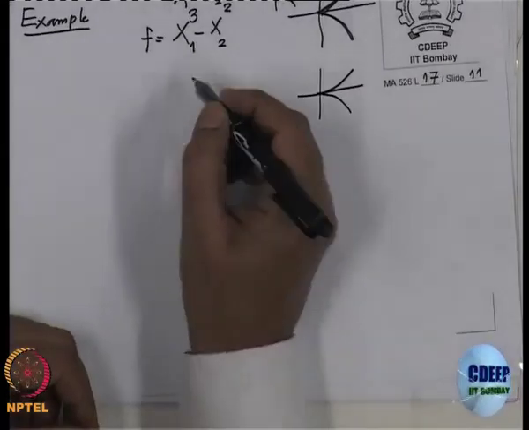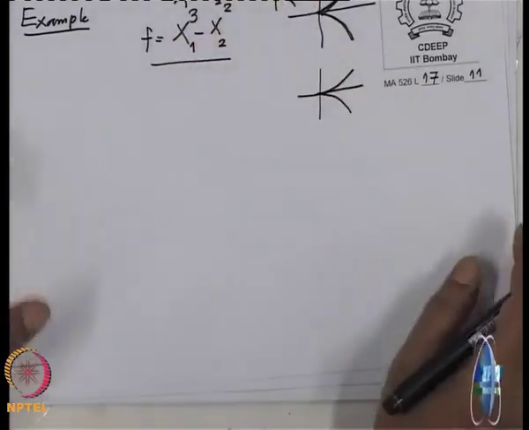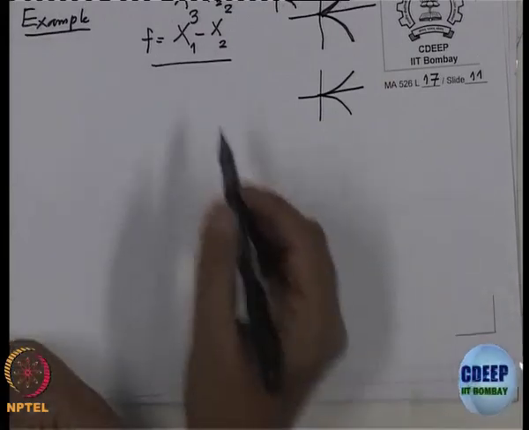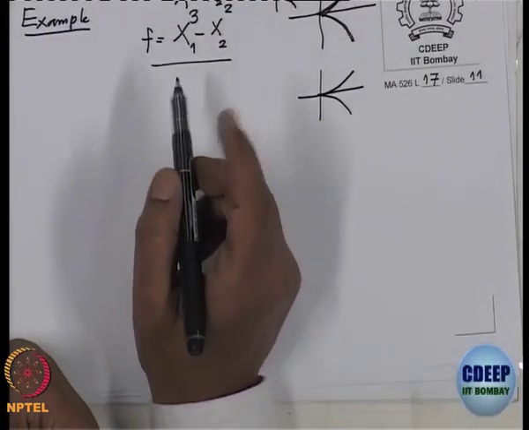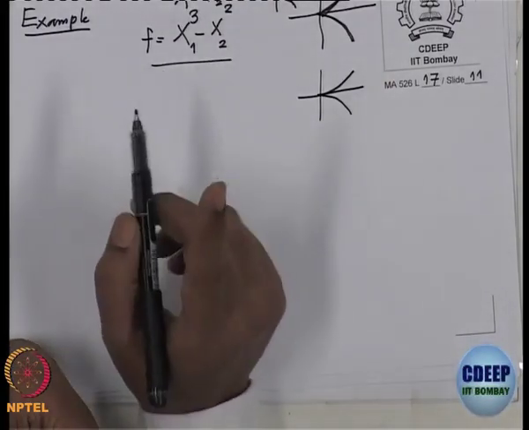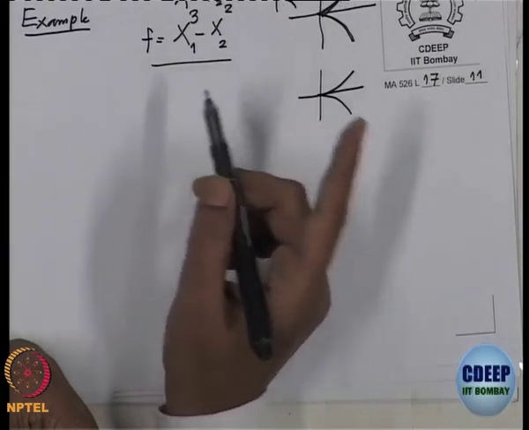Okay, so we are looking at this. The same thing will happen for the other examples also. I want to compute exactly how many points are singular and which are they. So, for that we will have to compute the Jacobian matrix and the rank. Okay, so what we are doing? So, first we have to compute the Jacobian matrix.